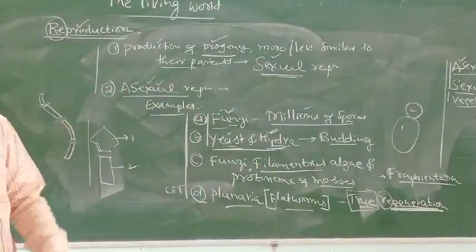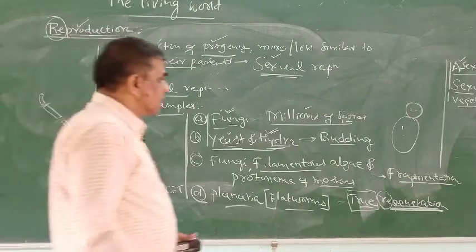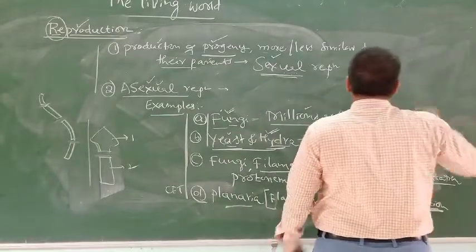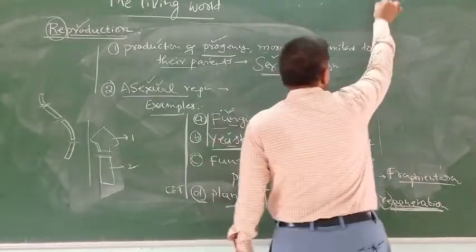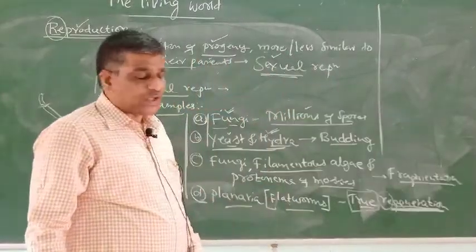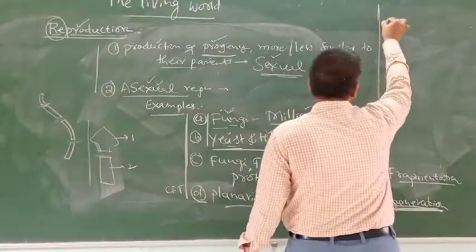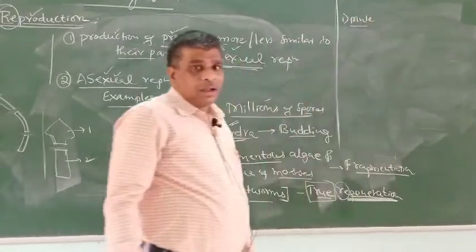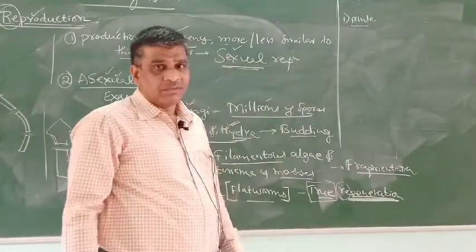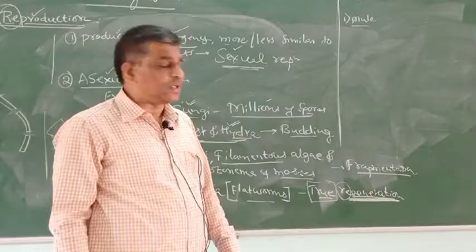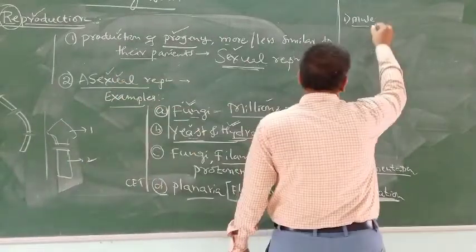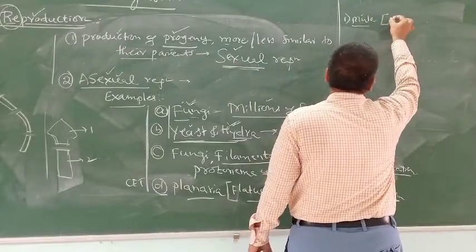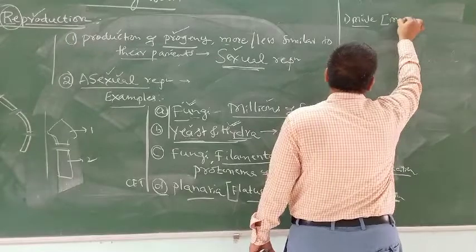Now a question arises, you may ask: sir, is there any individual in the world which cannot reproduce? Definitely, I cannot escape from your question. I have to answer this. There are living organisms which will not reproduce, which cannot reproduce. I can tell you an example: the mule. Mule is an animal which does not have the capacity to reproduce. Now I think you might not know about the mule. Mule is an individual which is produced by reproduction between a male donkey